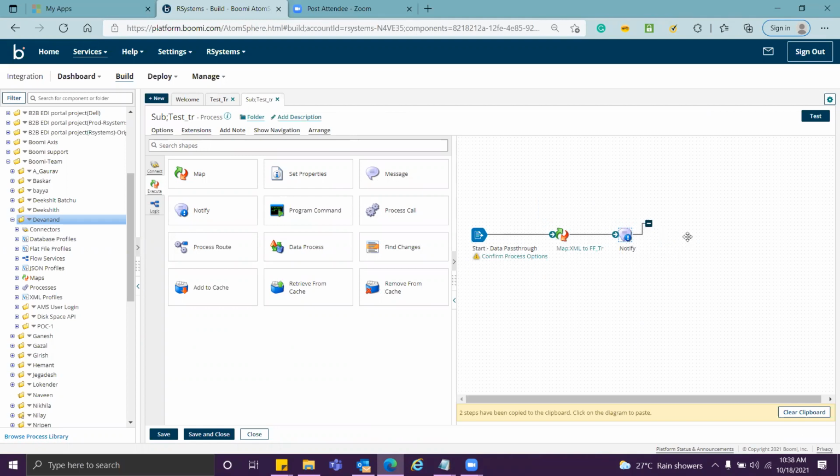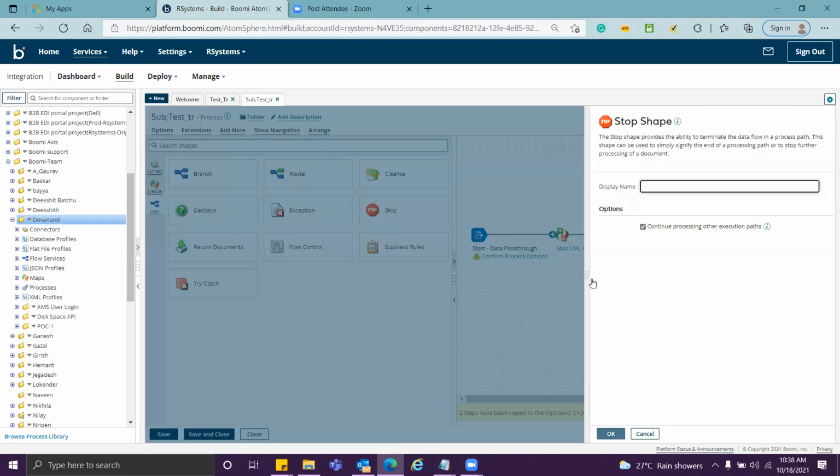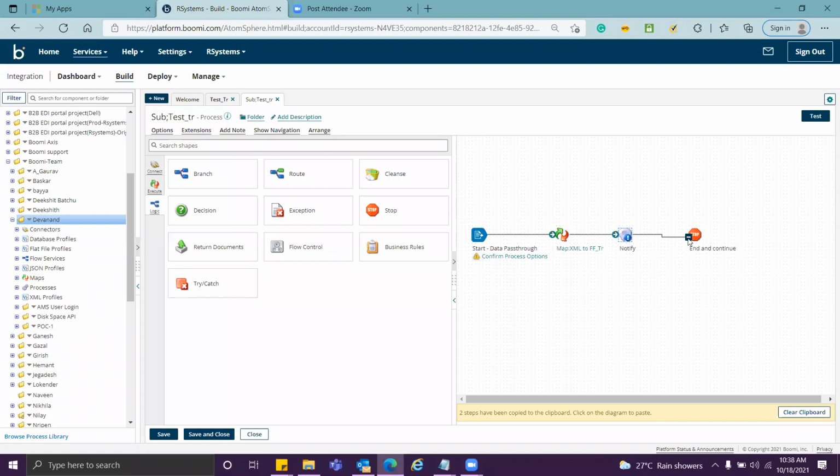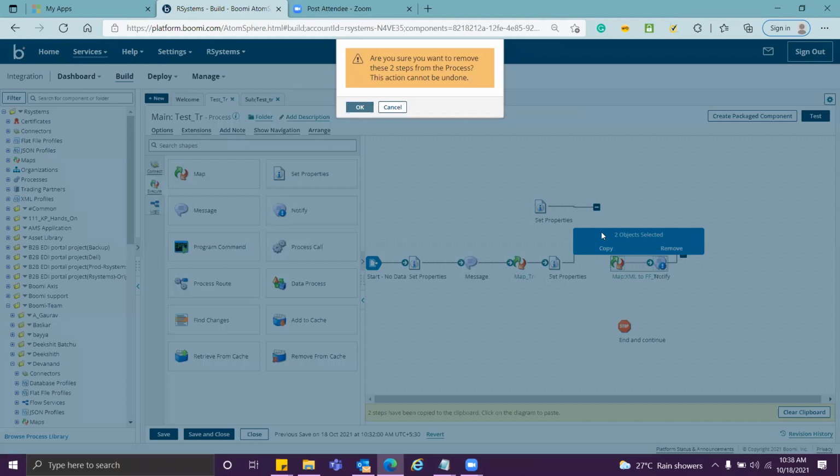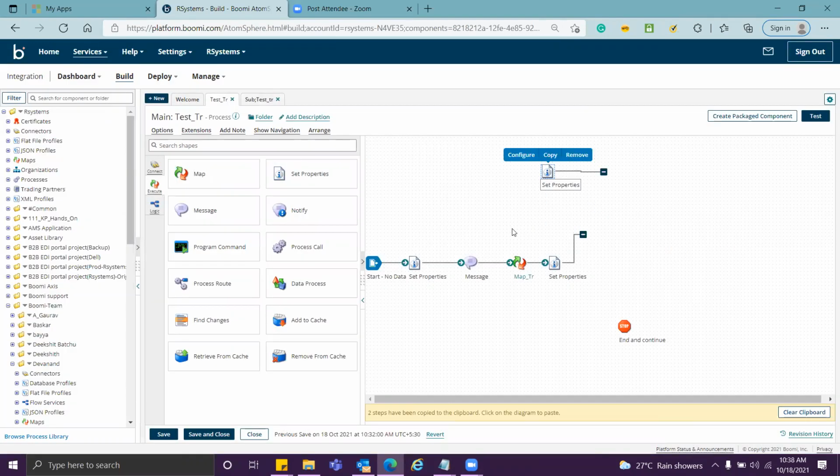I click on save. Now after this dynamic document property is set, I want to call my sub process to do my further transformation from XML to flat file. So I choose the process call shape in those scenarios.